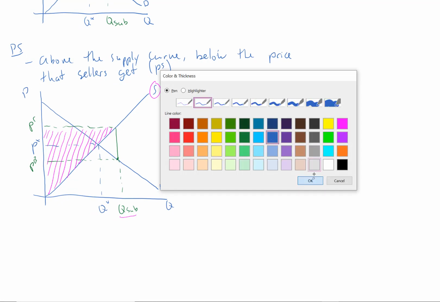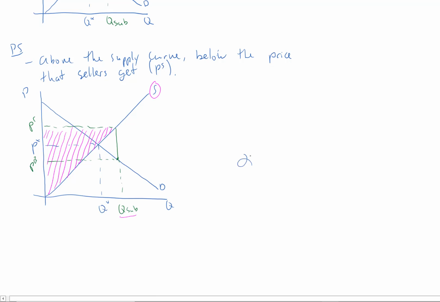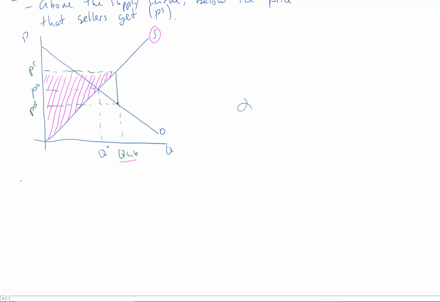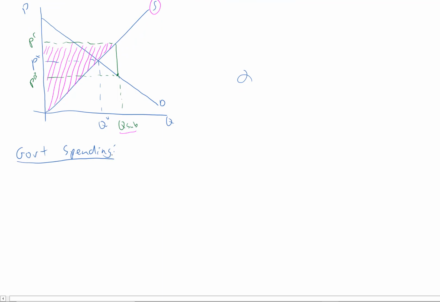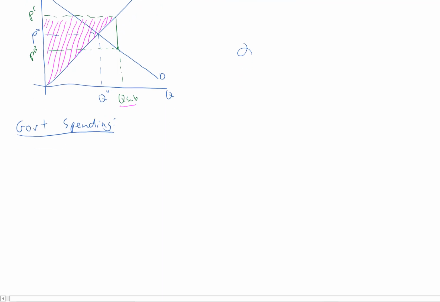Let's go back to hopefully the same color blue as we did before. And so let's think of government spending. So this is the same kind of idea as government revenue, but it's reversed. Instead of the government receiving this much in income, this is how much they're spending. And so the spending, GS, government spending, however you want to call it,